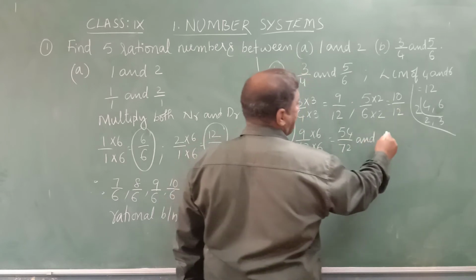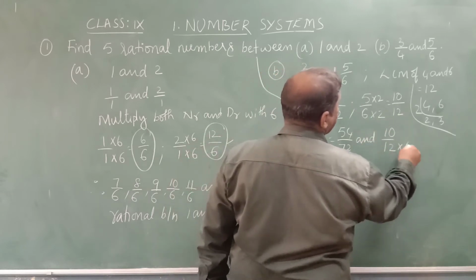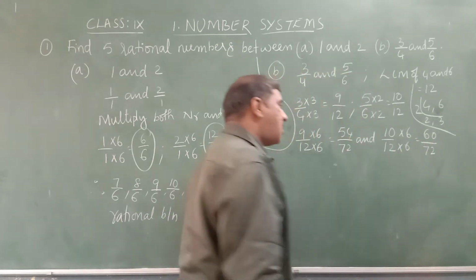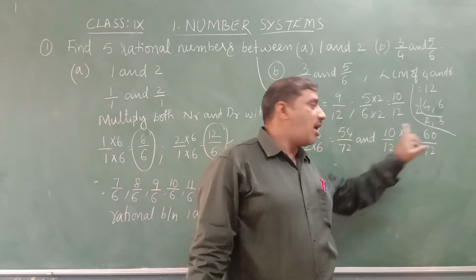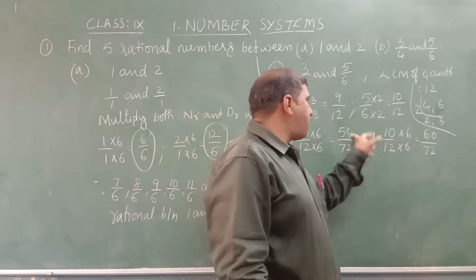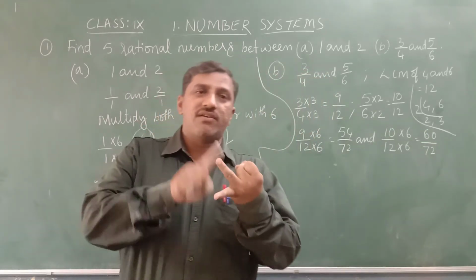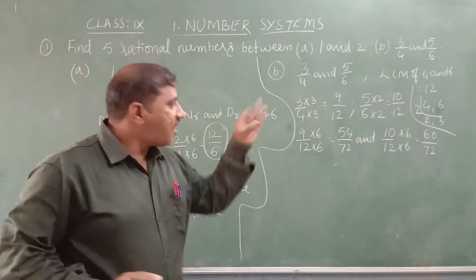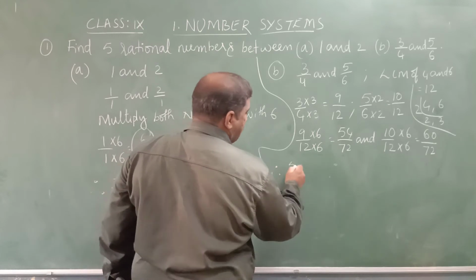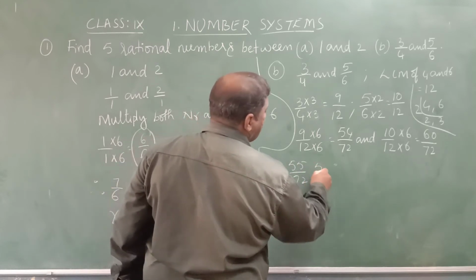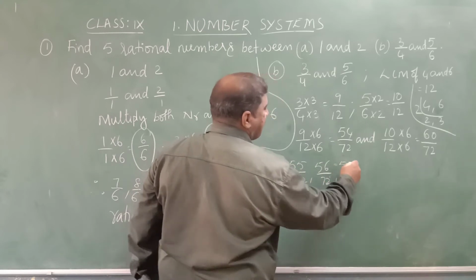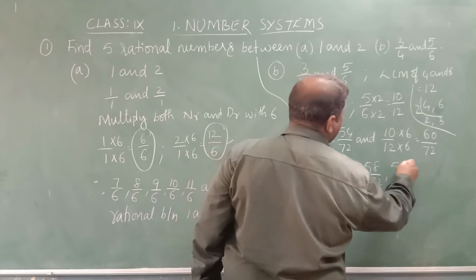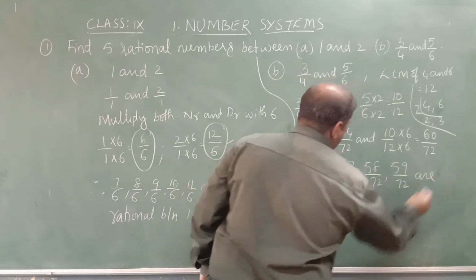And the second number is 10 by 12, multiplied with 6: 10 into 6 is 60, by 12 into 6 is 72. Now we have 54 by 72 and 60 by 72. Between 54 and 60 we have 55, 56, 57, 58 and 59. 5 numbers are there. Therefore 55 by 72, 56 by 72, 57 by 72, 58 by 72 and 59 by 72 are 5 rational numbers